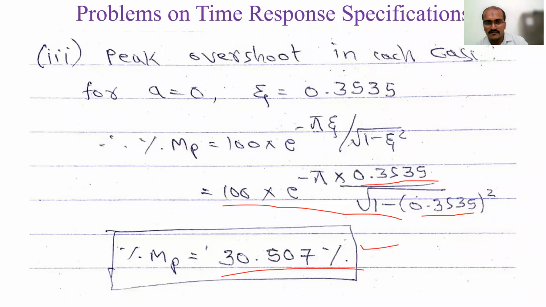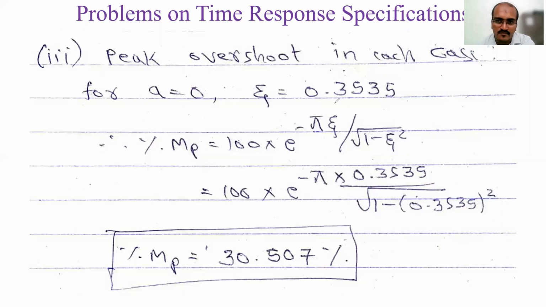So now similarly, the same formula we have to take for zeta value equal to 0.7. Second case, right? So 0.7 you substitute wherever you have used 0.3535. Then you will see the change in the peak overshoot, how much it will increase or decrease. So the zeta value, what I'm going to do now, is increase 0.35 to double, which is 0.7. The peak overshoot was 30. So what will happen when I substitute 0.7? You have to check now. That is there in the next slide. We'll look at that.